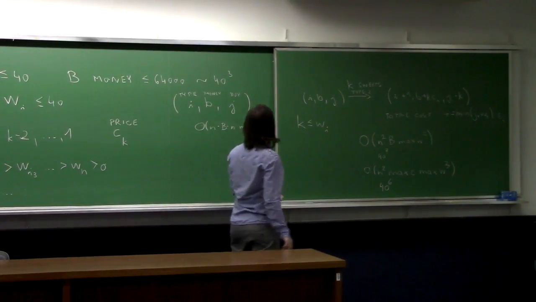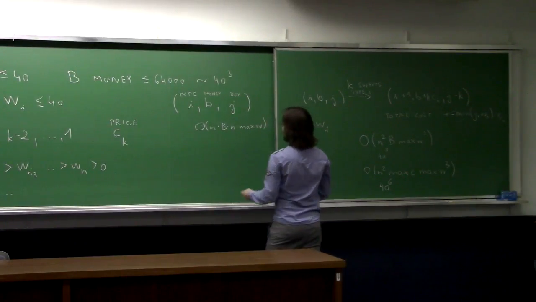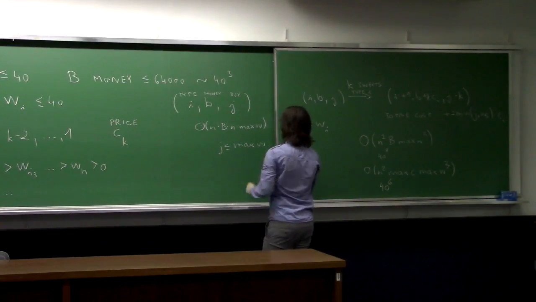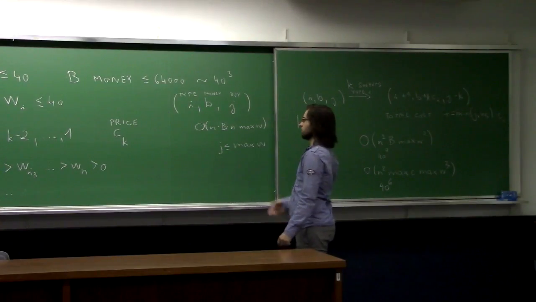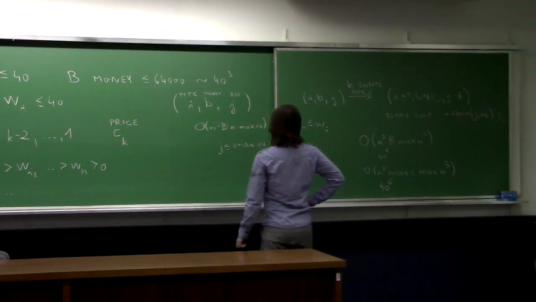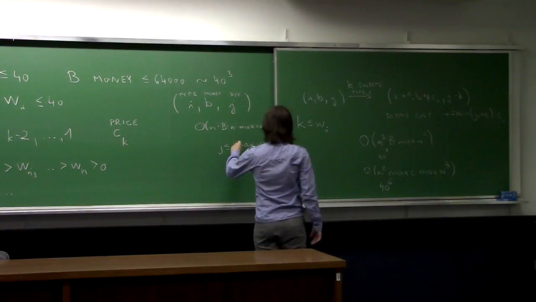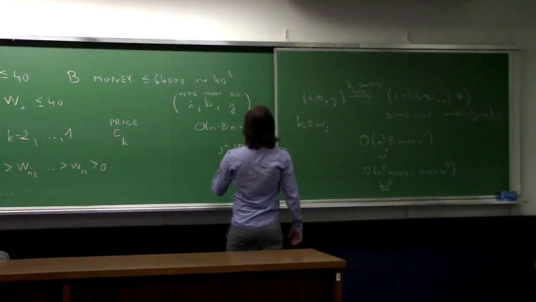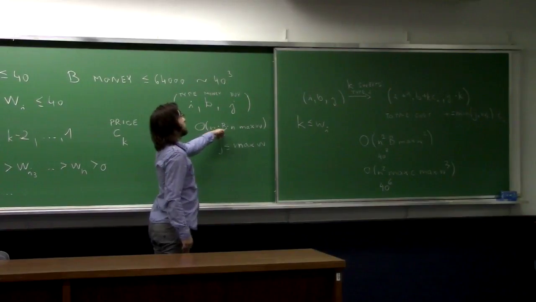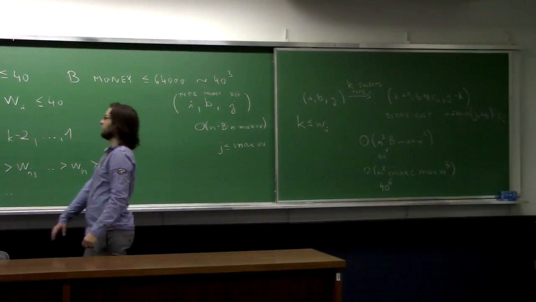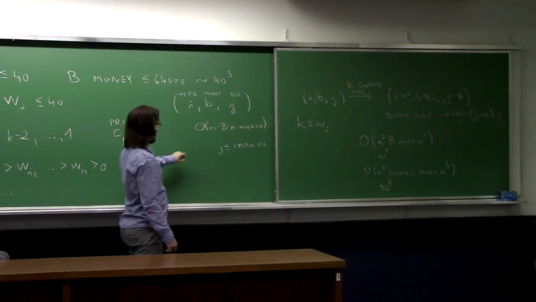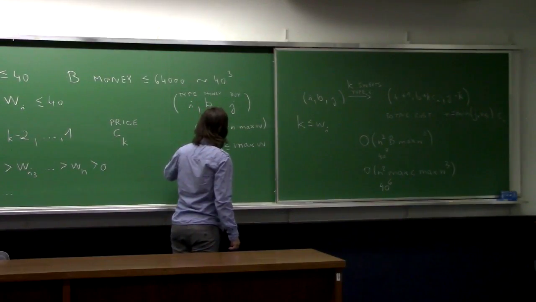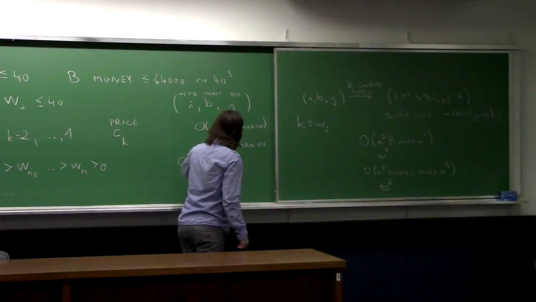So if J isn't bounded by n times max W, but J is just bounded by max W, if we have a greater J, then we just bought all the suites. Then the total number of states is instead n times B times max W, or since we bounded B by max C times max W, then it's n times max C times